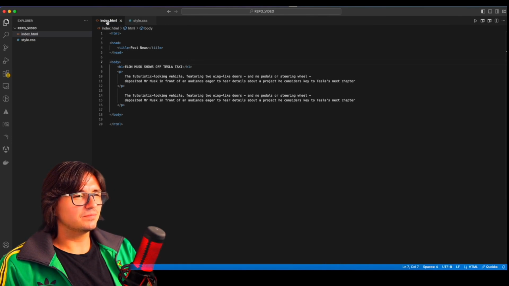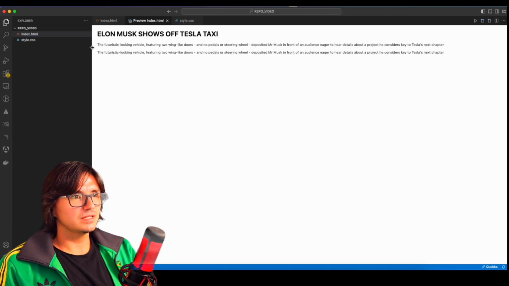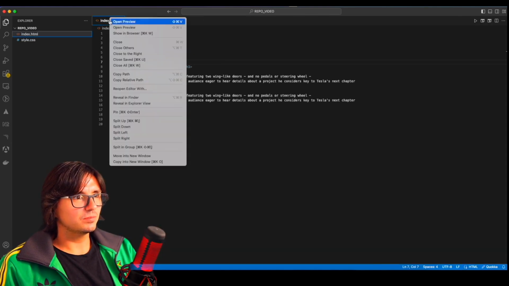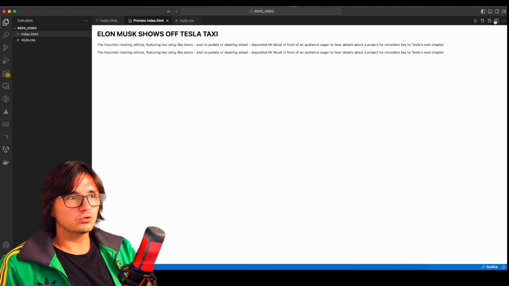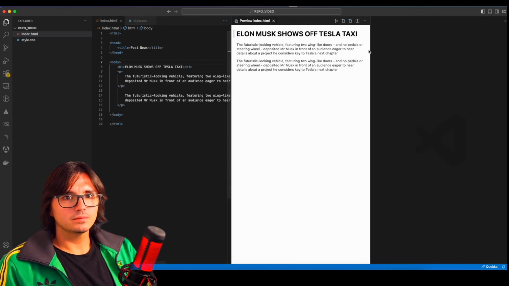You had to right click here to open the preview with the right button, and it would have opened. So let's try to open the preview. I want to move it to the right side. This is how you can do it and move it here. Good.